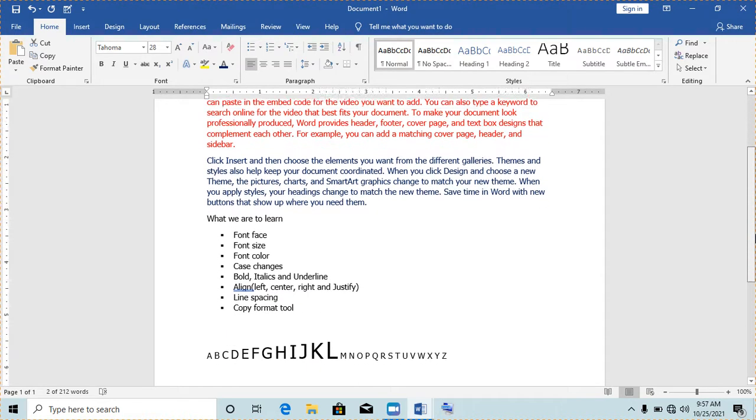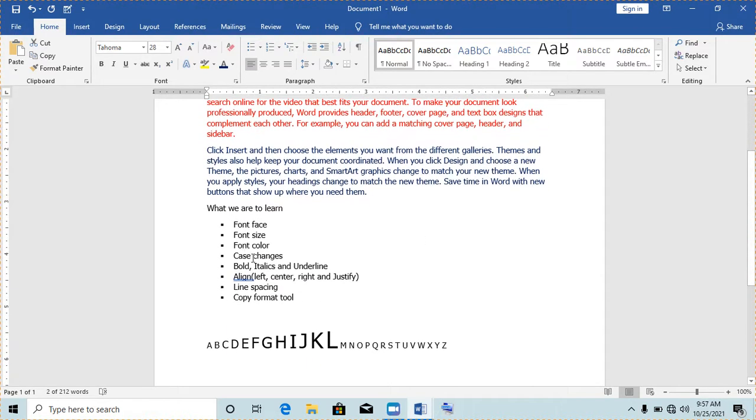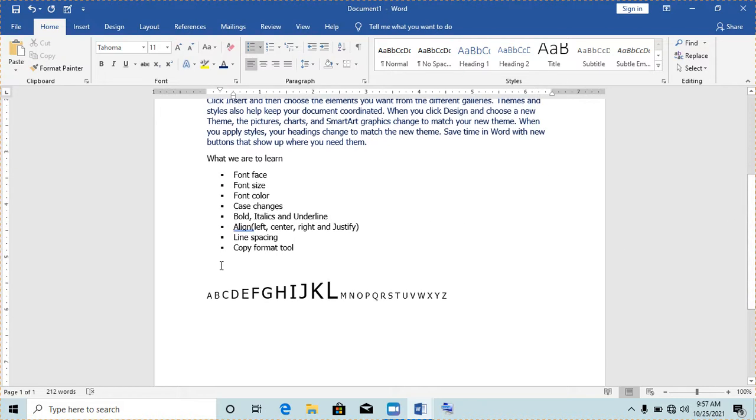Now here, we want to learn how to bold text, italicize text, and underline. Let me type something just at the end here. So I type a sentence: I will learn how to bold text, and then I'm going to have another